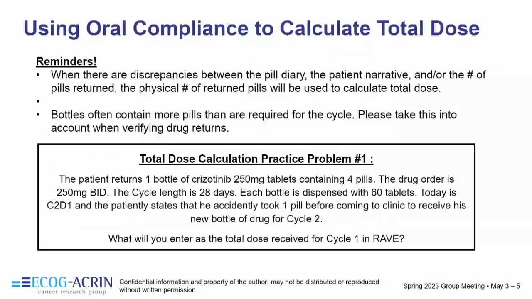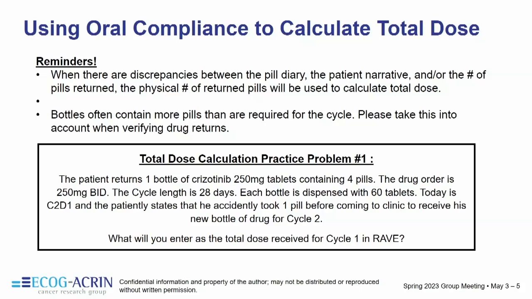Okay, so using oral compliance to calculate total dose. A couple reminders here. When there are discrepancies between your pill diary, patient narrative, and the number of pills returned, and you're not really getting a clear idea, you're talking with the patient, it's still unclear, we want you to use the physical number of returned pills to calculate the total dose. This is your golden standard. If you don't have the physical number of returned pills, then you can try to piece together the patient narrative and